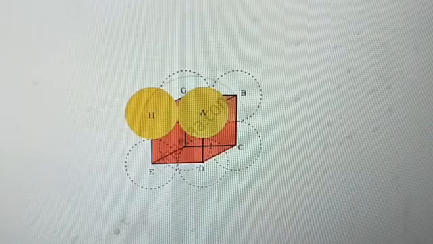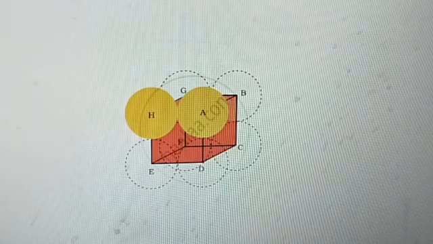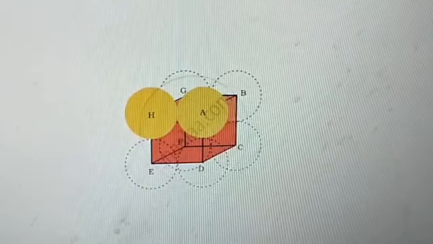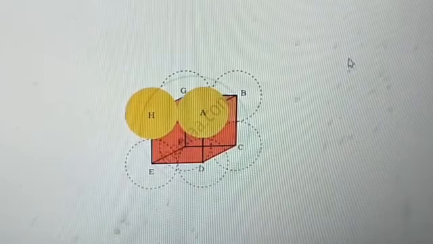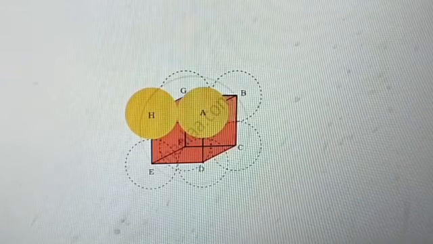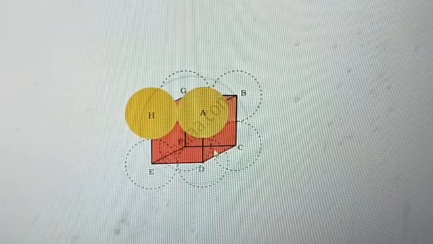Now we are going to discuss packing efficiency in the simple cubic lattice. For example, in a simple cubic lattice, we already know that the atoms are located only at the corners of the cube. Now see, only the edges are touched here. If you look, only the edges of the particles are touching.